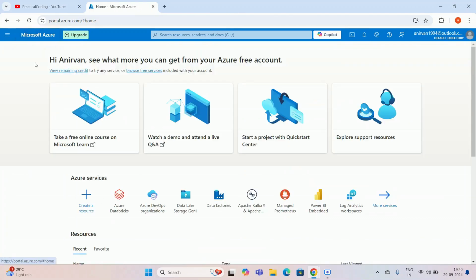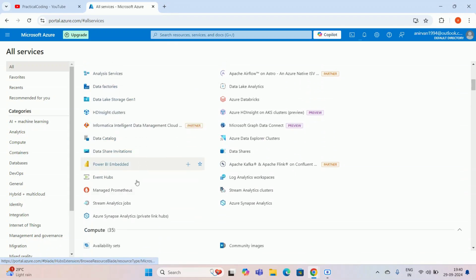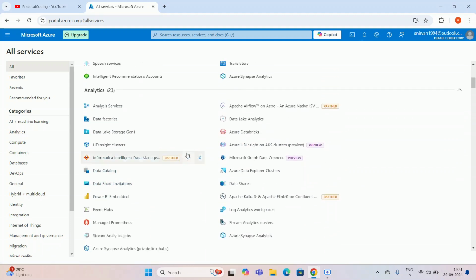If you want to explore other analytics resources like Power BI or something, that is also fine. You can go and create your data lake storage or Power BI. Data lake also comes under the data engineering tutorial, so I'm not covering it in this video. There are so many analytics services provided by Microsoft Azure. Basically, those will help you to create a data pipeline or ETL process. For that, analytics will come.